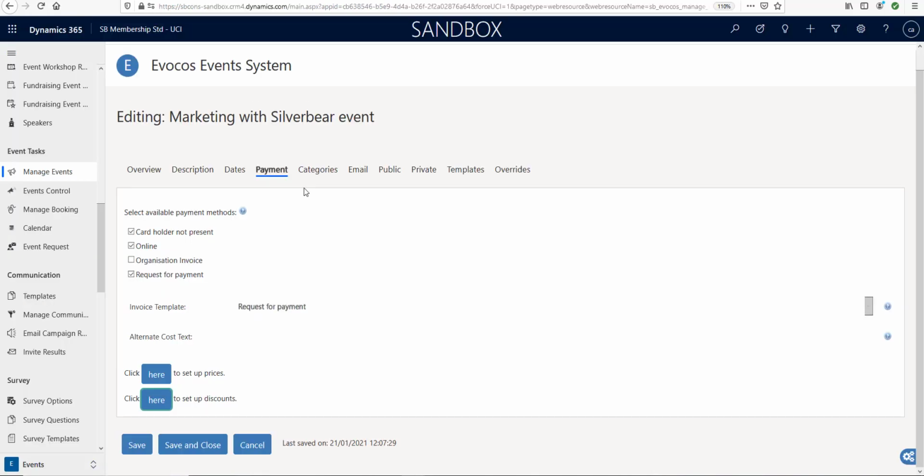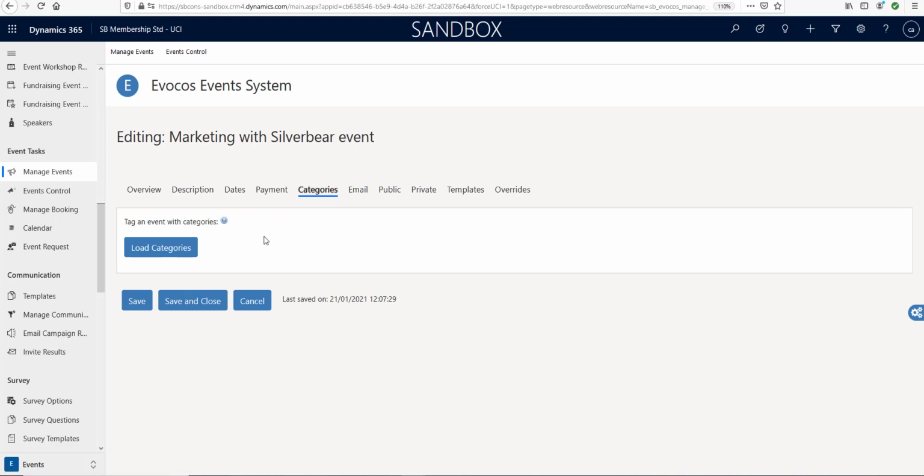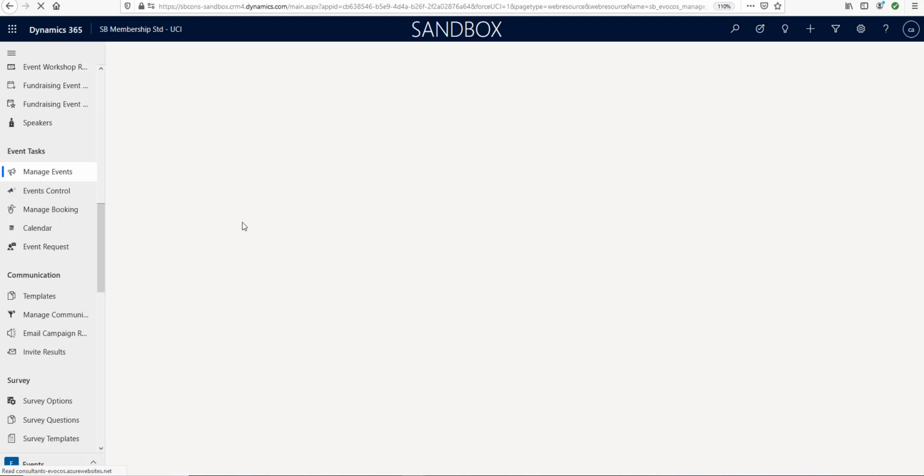Okay, so categories I'm not really going to dwell on too much. It depends really how your events area of your portal has been designed, whether or not categories actually will show up there. But if I just press load categories here, you can see some options on this particular